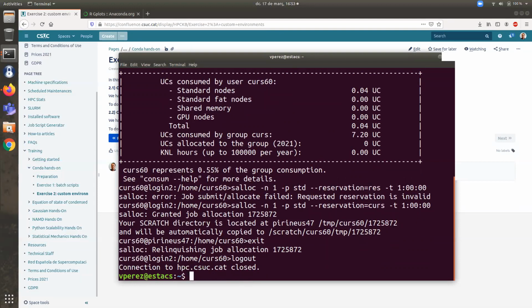Any other question? If not, I think we're going to finish. I have a question, if possible. I know that R has parallel libraries to work, and I think Python does too. If we need that, is it better to rely on their own languages' parallel libraries, or do we have to work with the srun command, or